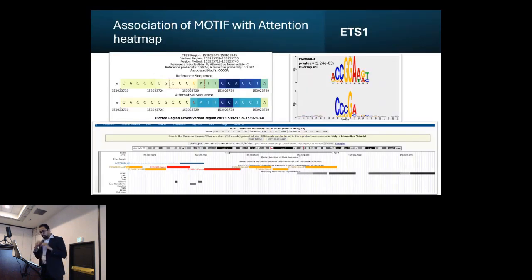Now I'm coming to the biological validation part, when we have all those candidate variants from all the foundation models. Whenever we get the candidate variants, the question is: what is the position of those candidate variants? Is the candidate variant located in a known motif region or not? We got a lot of examples, but here I'm showing one particular example, from ETS1, where you can see,